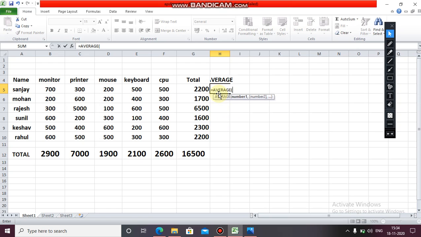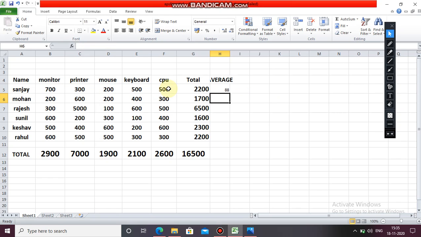Now for average, this one colon, this one, bracket close, divided by, how many numbers are there? 5.